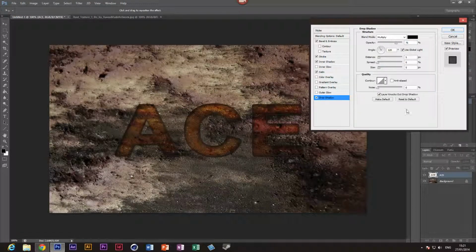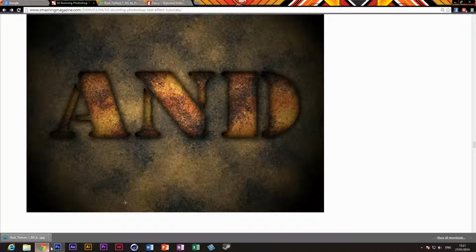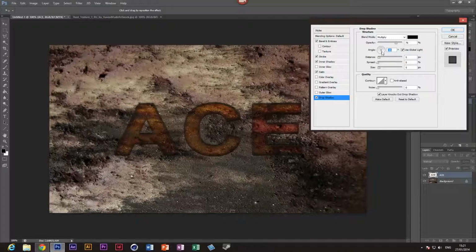Now if we go to drop shadow, this is the important stuff. So yeah, if you want to make it like it's outside the text, you can, but if you want to make it look like it's going inside the texture, you don't want to put drop shadow. But let's just put a drop shadow because it kind of makes it look better. So if we do the angle to 145, we make the opacity to like 100 and make the size like that. Now if we make the distance maybe 5, not too big, 5, and the blending mode to normal,